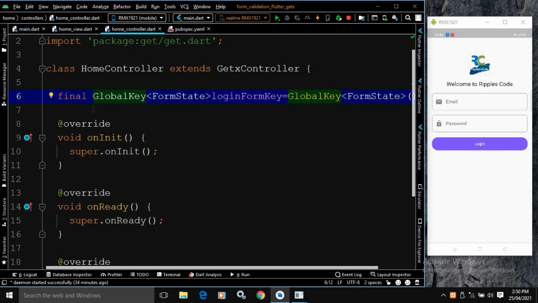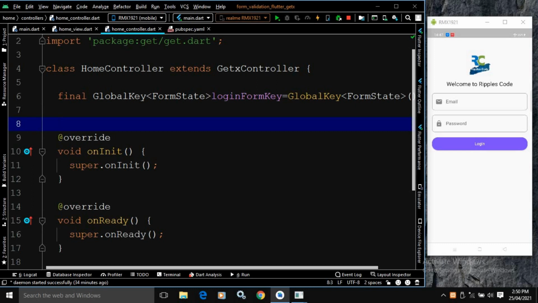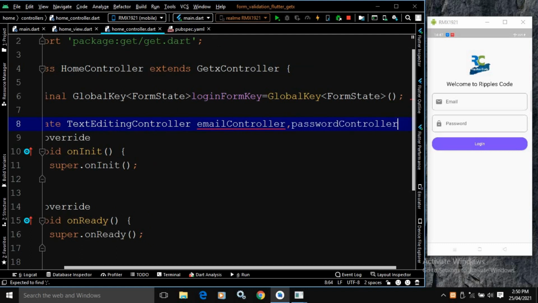Now here I will create two TextEditingControllers to take the value from the email text field and from the password text field. So here I am writing late TextEditingController emailController and passwordController.